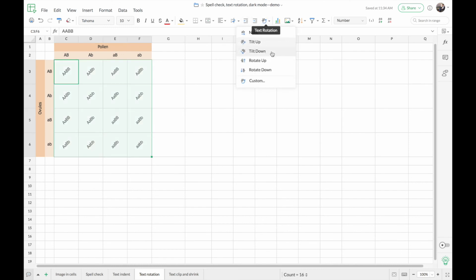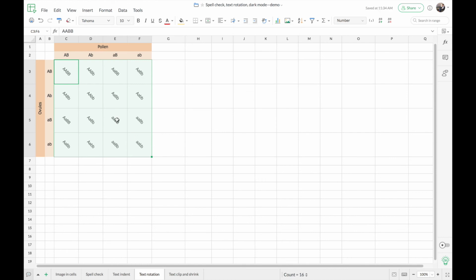Similarly, when you choose tilt down, the angle of the text will change and the text will be rotated in the clockwise direction. And there you go. So this way you can choose the position or the angle of the text that you want based on the data that you have. And then we saw how rotate up works. Now we'll see how rotate down works. So in rotate down, as you can notice, the direction of rotation has changed. It has been placed vertically, similar to what we saw previously, but the direction of the text has been changed.